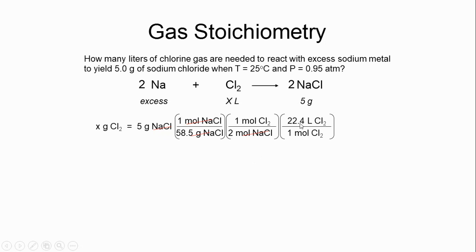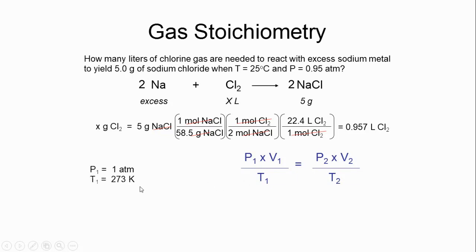Now, I'm not going to substitute in 22.4 liters to get volume. We already said it's not at STP, that won't work. So instead of doing that, well, I guess if you're forcing us to try this, if we were to do this, then this is going to require us to use combined gas law. P1V1 over T1 equal P2V2 over T2. So we knew the initial pressure was 1 atmosphere at 273. That's standard conditions. And under those standard conditions, where 1 mole is 22.4 liters, it would be equivalent to 0.957